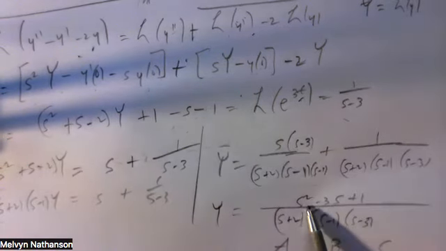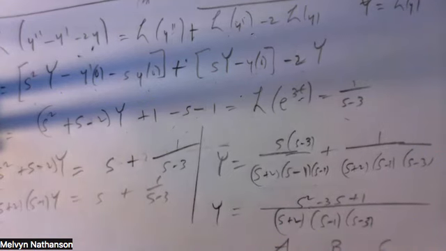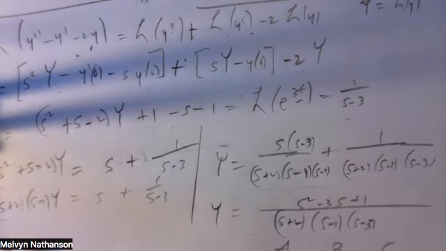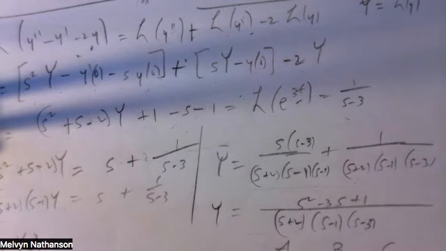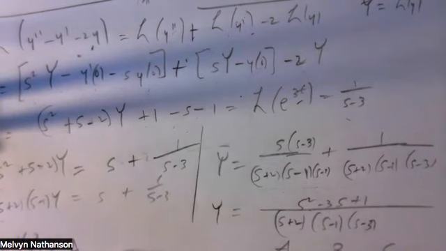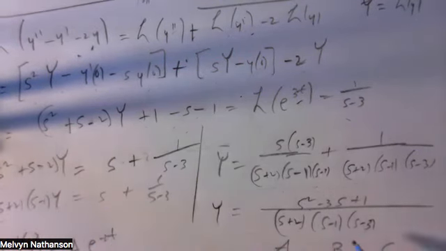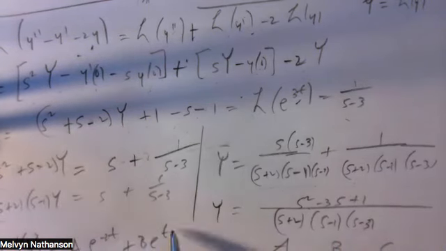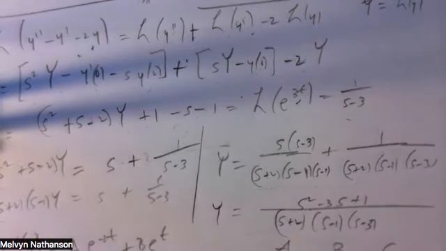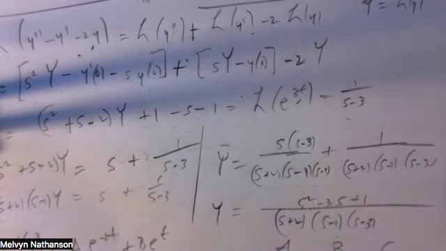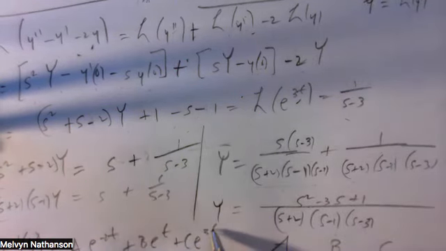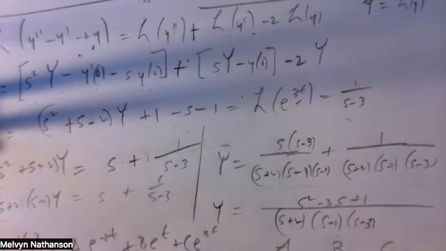In any case, this is now just algebra. You just solve this, you write this in partial fractions, you get an expression that looks like this. And so y, which is the inverse Laplace transform of this capital Y, is the inverse Laplace transform of these three expressions. And each of these is an exponential. This will be equal to a times e to the minus 2t plus b times e to the t, c e to the 3t, and for 1 over s plus 2,